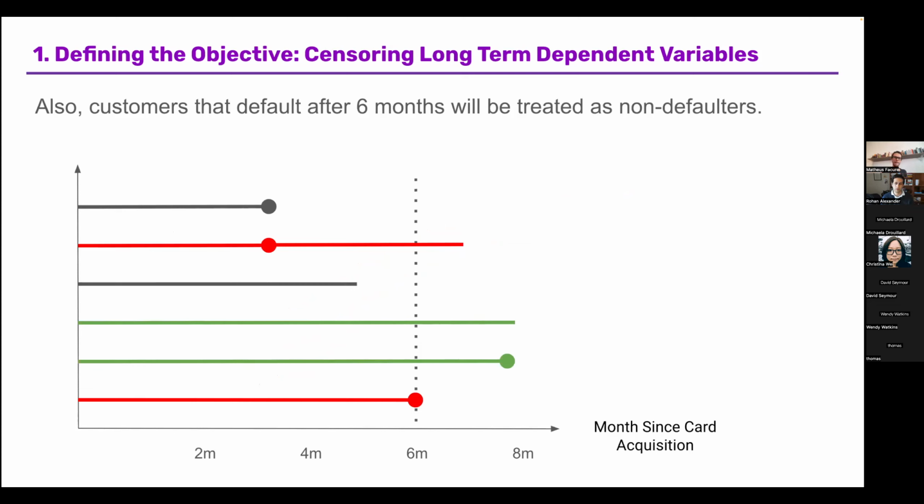So if you looked at a problem like this before, you probably recognize this is very similar to what we call survival analysis, right? So in this case, if we cut a window of 6 months, we have to wait until 6 months to say if a customer defaulted, and it means that we have to drop all the data prior to reaching 6 months. Or we can use some other techniques of survival analysis to leverage all the data, and that becomes a way more interesting way to model this thing.